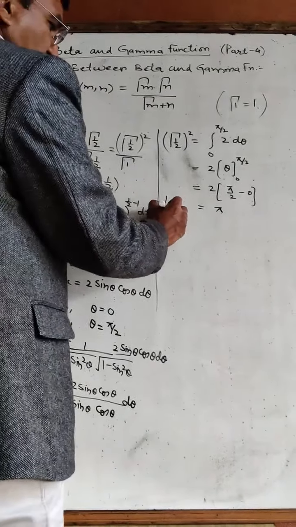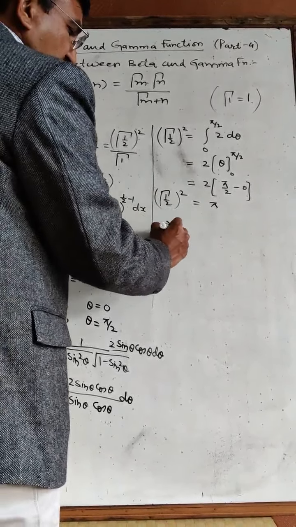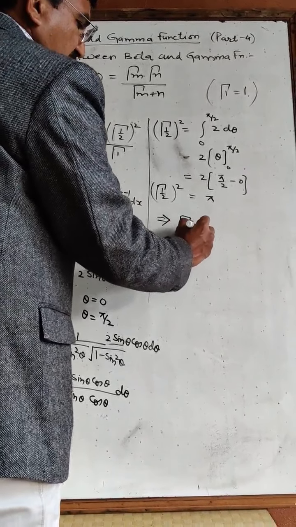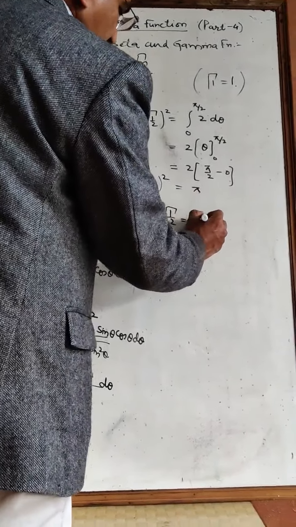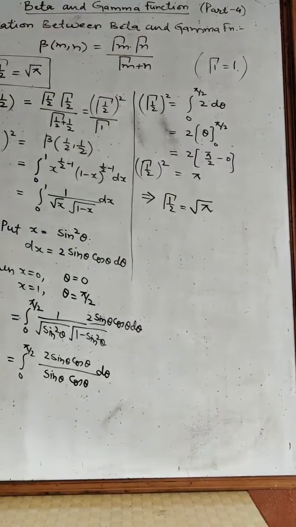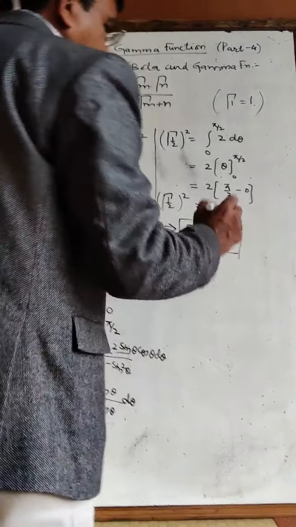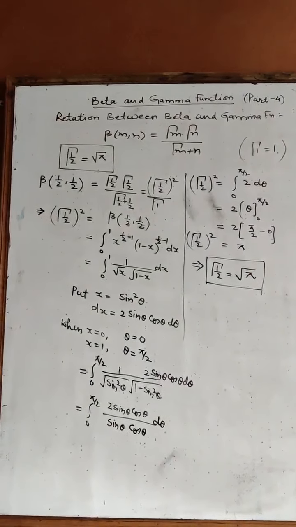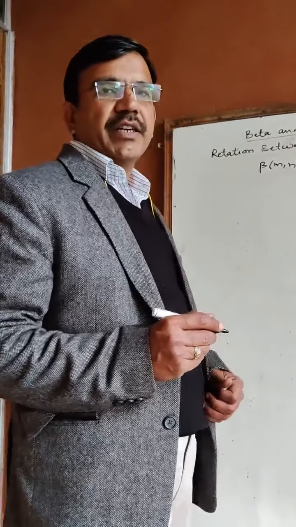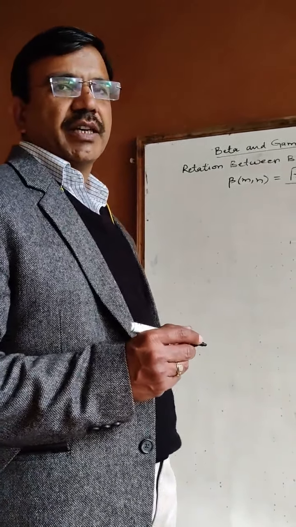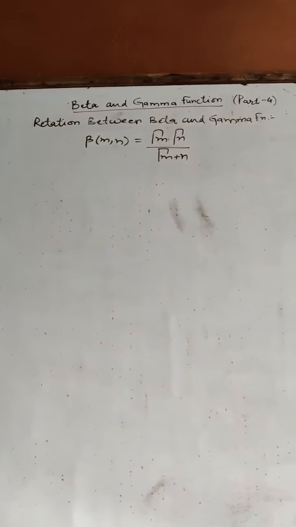Now gamma of 1 by 2 whole square is equal to pi, so from here we can write gamma of 1 by 2, by taking the square root on both sides, equal to under the root pi. So students, always keep this in mind that gamma of 1 by 2 is equal to under the root pi. After finding the value of gamma 1 by 2, we will also use one result which we discussed in our earlier lectures,